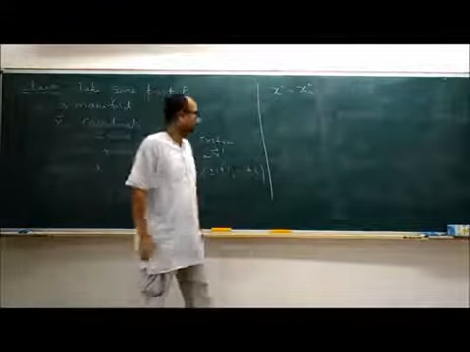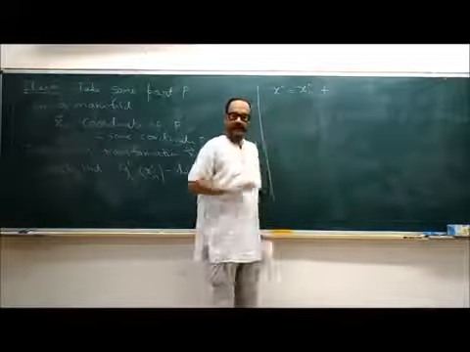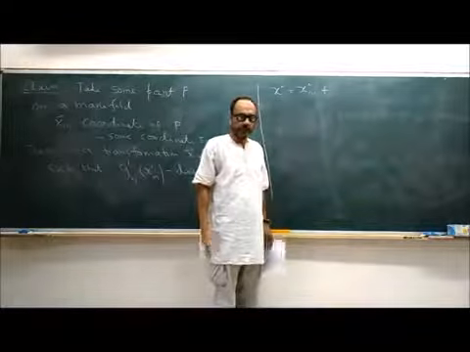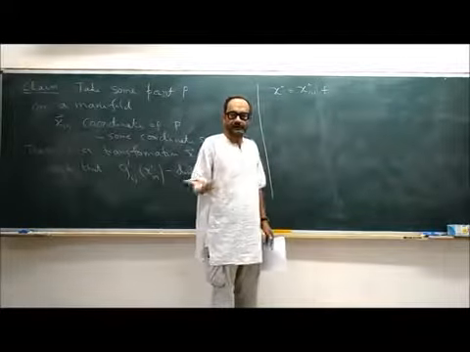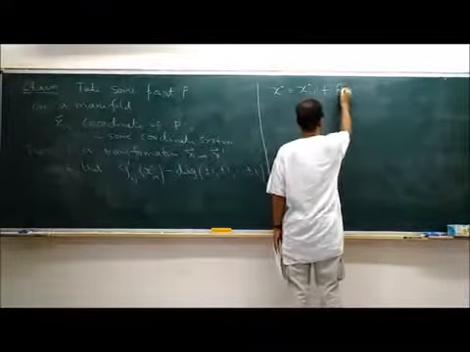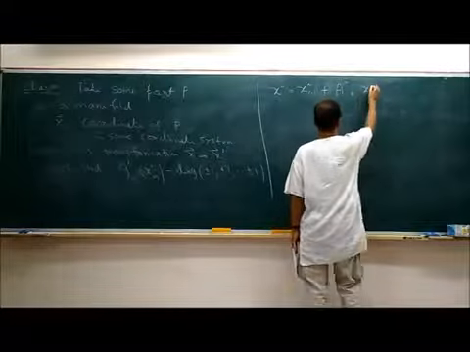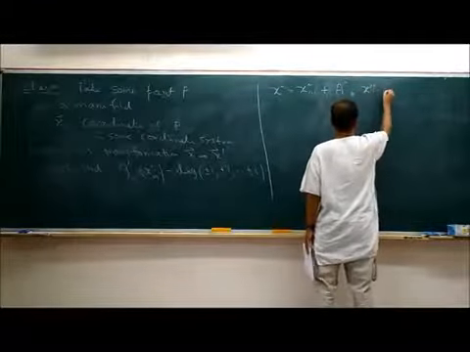Then there will be terms which are linear in x minus x naught. Of course, here there are many variables, so instead of one term, you will have several terms of this form: A_ik (x prime_k minus